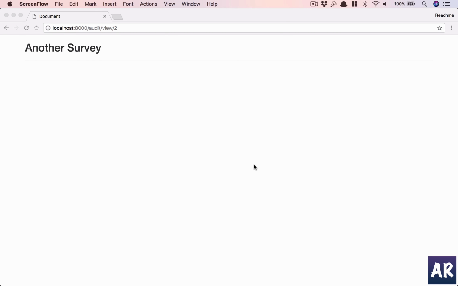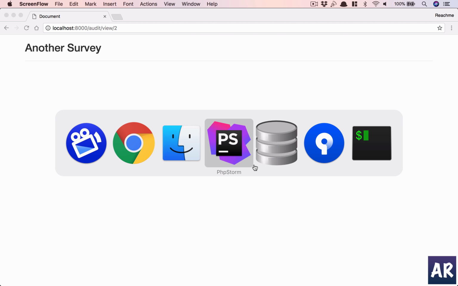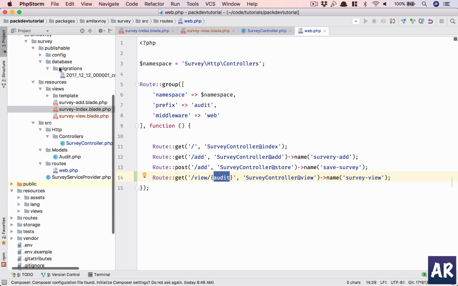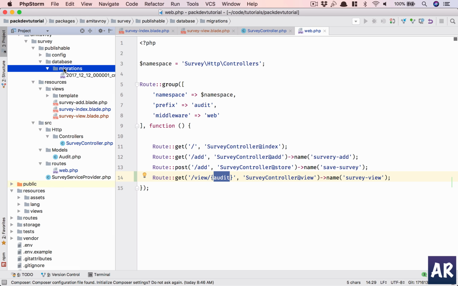Okay, so now that we have the listing page ready and the view page as well, as mentioned, let's look at creating the questions, model, and the migrations. So I'll go to PHP Storm, and in here, first of all, let's just create